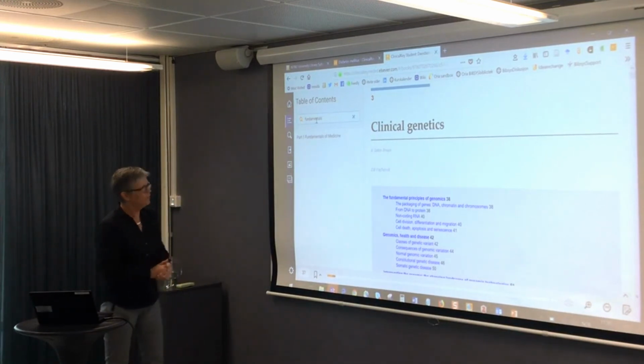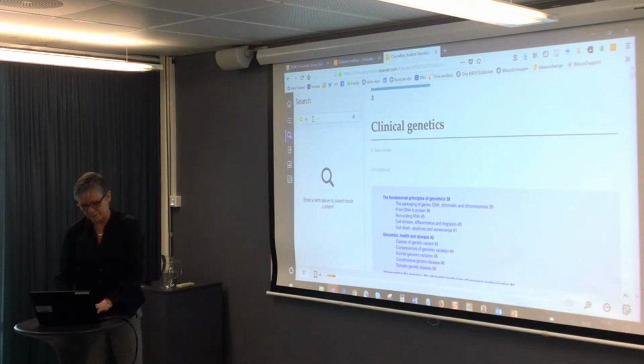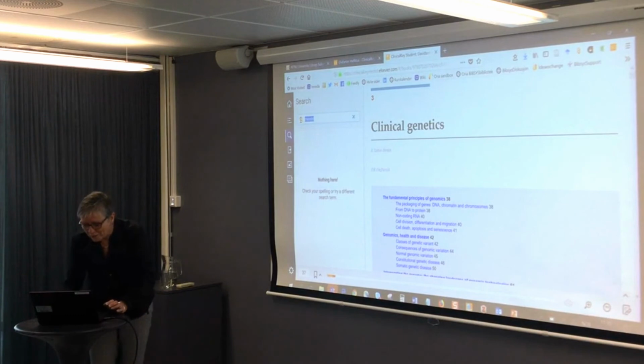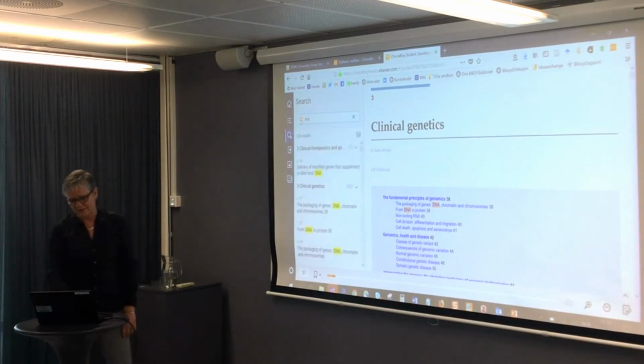okay? But you've got another search function just below here, which searches that whole book. So I'll search for something like Mendel, because I can see I'm in a genetics chapter here. It doesn't mention Mendel, that's interesting. If I look for DNA, you can see it's